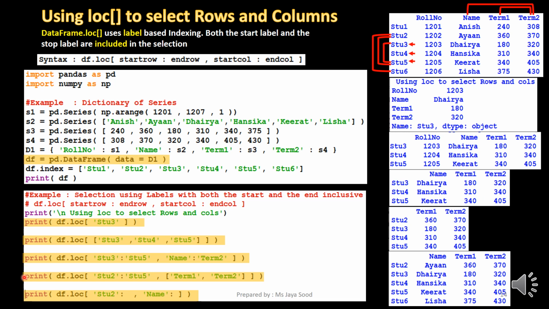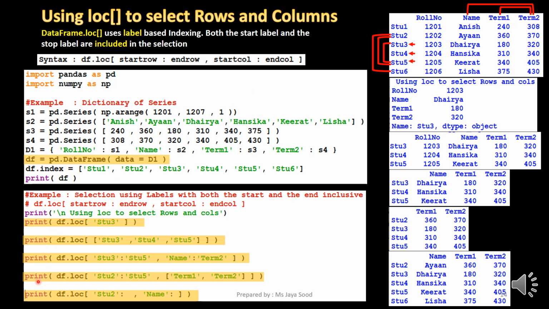The next statement, print df.loc stu2 colon stu5 comma a list of column labels term 1, term 2, will start the row selection from the row labeled stu2 till the row labeled stu5 and will select the columns labeled term 1 and term 2.